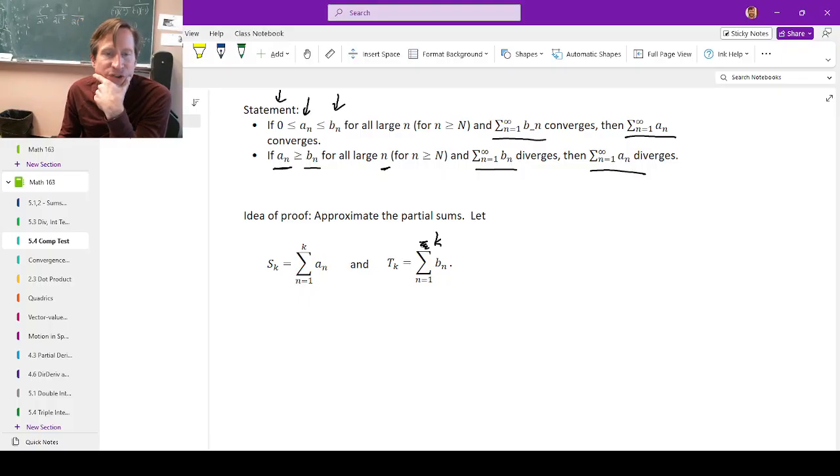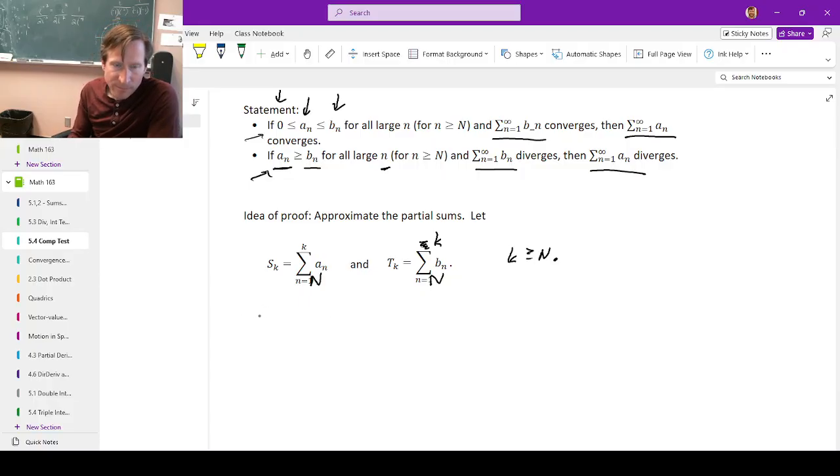And actually we want to start wherever these inequalities become valid. So I'm going to start at capital N, so k has to be bigger than or equal to capital N here. Okay,